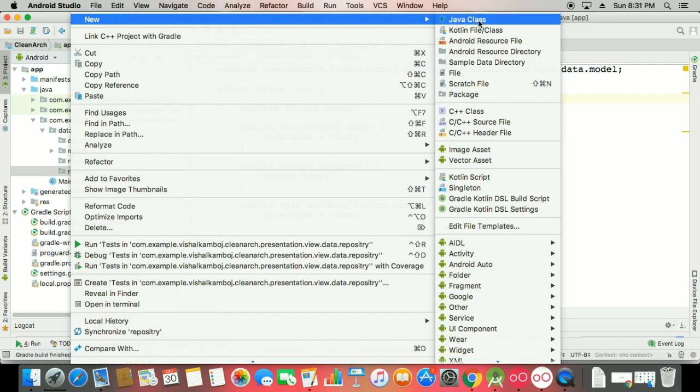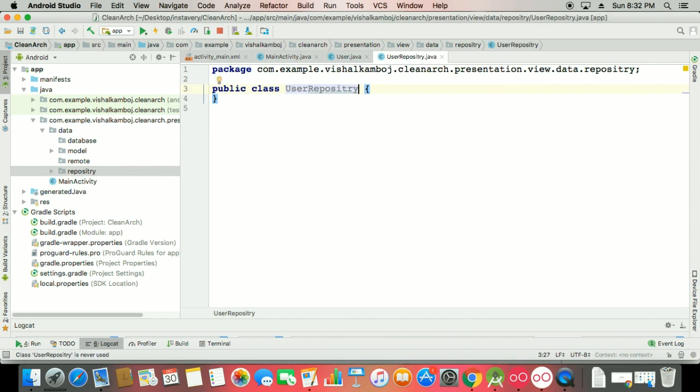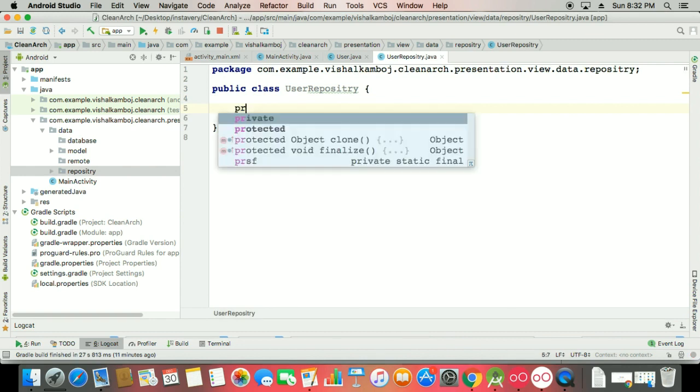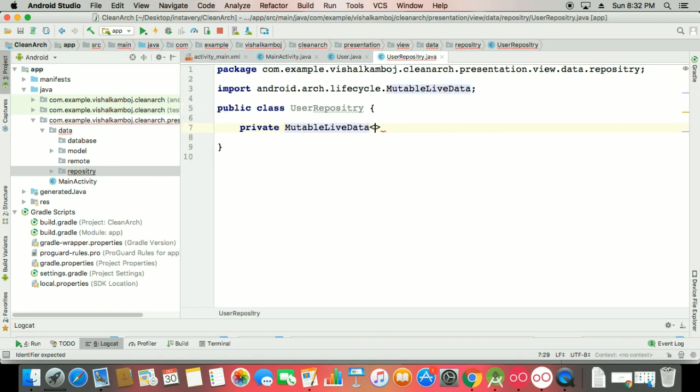Here I have a Java class, your repository. I'm making this user repository and doing all the things related to logical operations in it. There we have a private MutableLiveData in the form of User, that's your user live data.